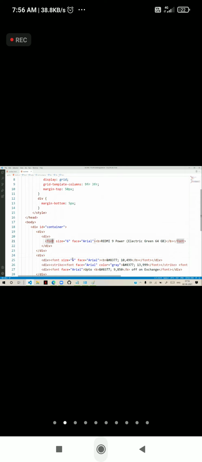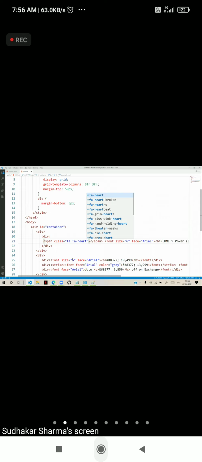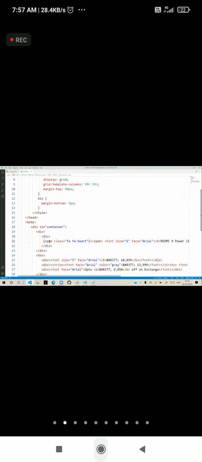For the symbol beside it, we just put a span, and for the span we have class FA heart. You can see that heart symbol will come. This heart symbol, again, I will enclose in another font, and font size is also 6, and the color is gray.